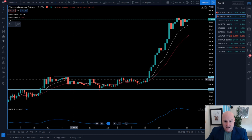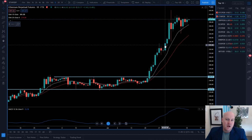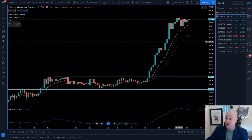But if you see this here, we've busted straight up through there, look. And I mean, what's the move from there? It must be about 50% or so to where we are. 60. And what I'm liking at the moment is that instead of having a big drastic pull back where it's gone whammo back into that cradle zone, which I kind of like as well because it gives me opportunities to find other trading setups to get long on,